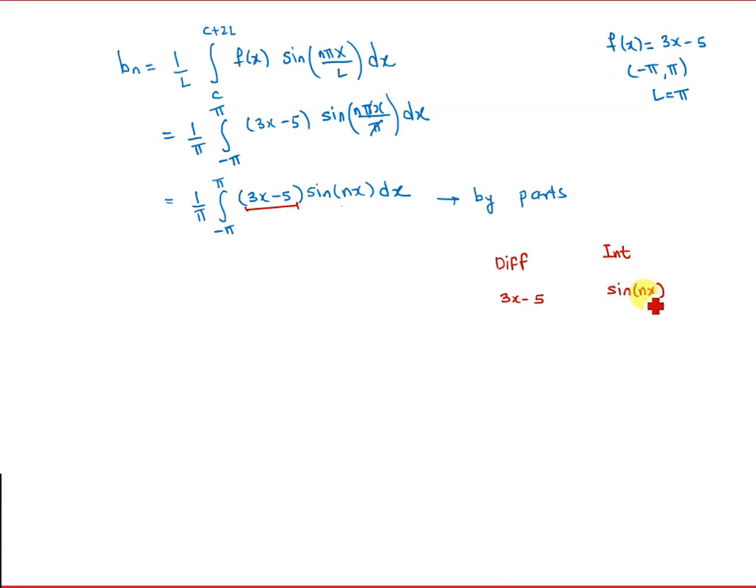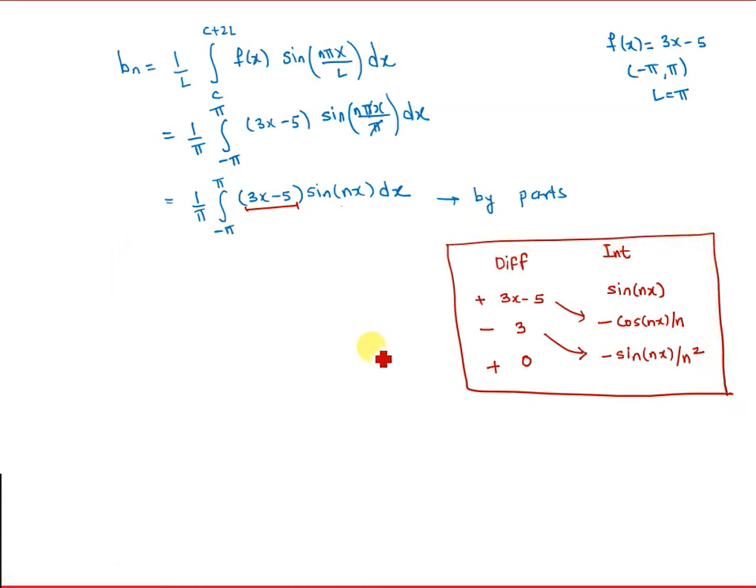And we follow the same procedure. 3x minus 5, derivative is 3. Derivative of 3 is 0. So we stop here. Integration of sine is minus cosine nx over n. Integration of minus cosine is minus sine nx over n square. Then we give the signs plus, minus, plus, and multiply crosswise. Okay, once we are done with this,